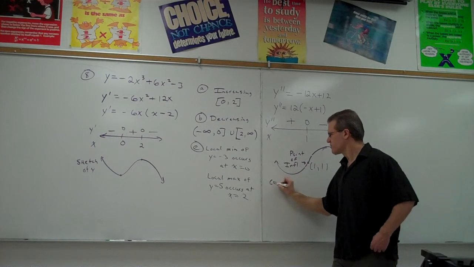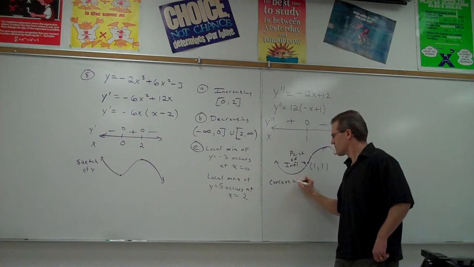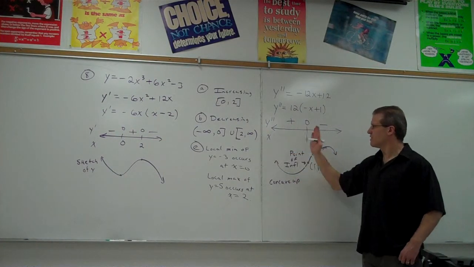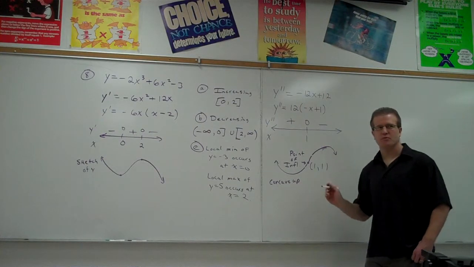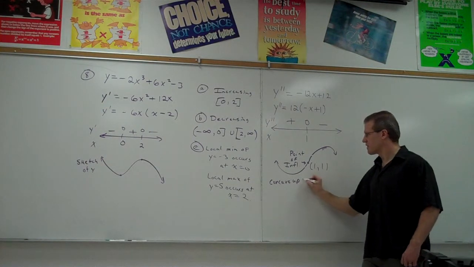We have concave up from negative infinity to 1. Now, we do not include the 1 when we do concave up and down. Okay? Concave up